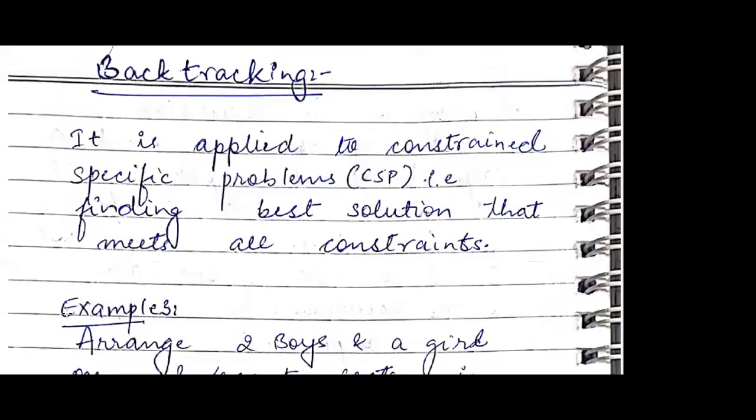Now we have to start our new topic, that is backtracking. While solving a problem using recursion, we break the given problem into smaller ones. Let's say we have a problem capital A and we divide it into 3 smaller parts, say capital B, capital C, and capital D. Now it may be the case that the solution to the problem capital A does not depend on all the 3 subproblems, that is B, C, and D. In fact, we even don't know which one it depends on.